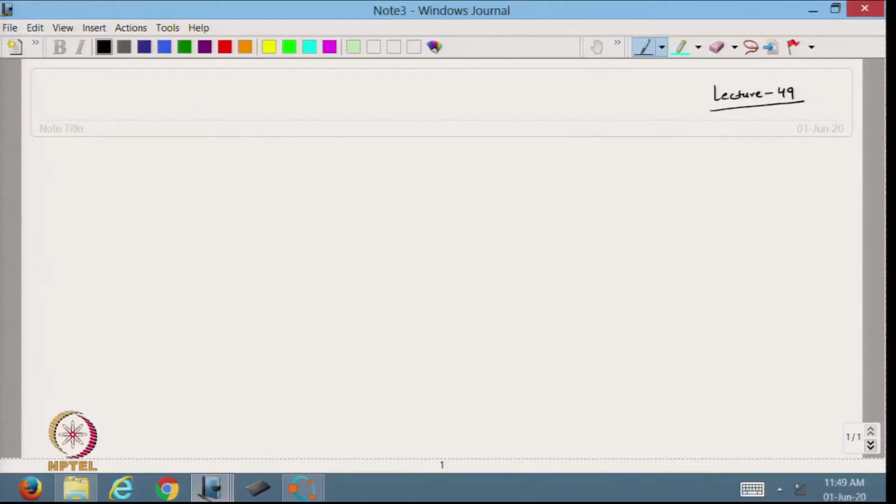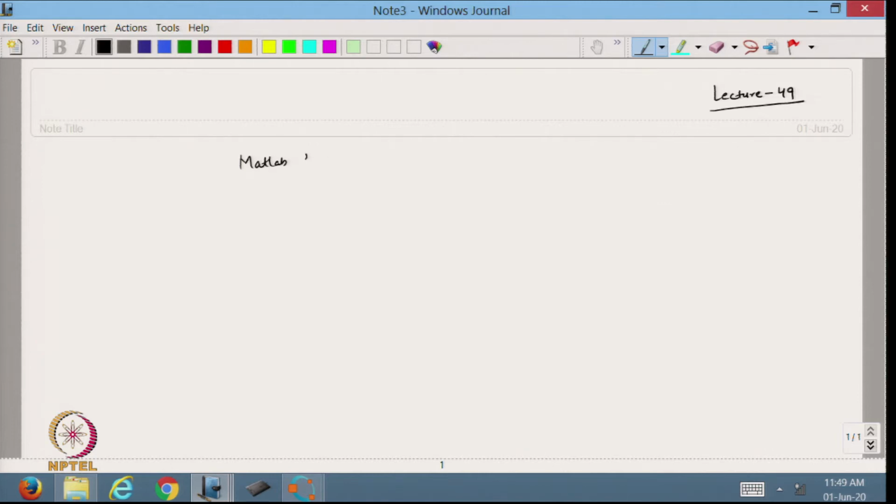So, in the previous lecture we started with the MATLAB code of the Lagrangian polynomial on the Octave platform. We will continue with this one. Today we will also discuss the MATLAB code for Newton's divided difference.